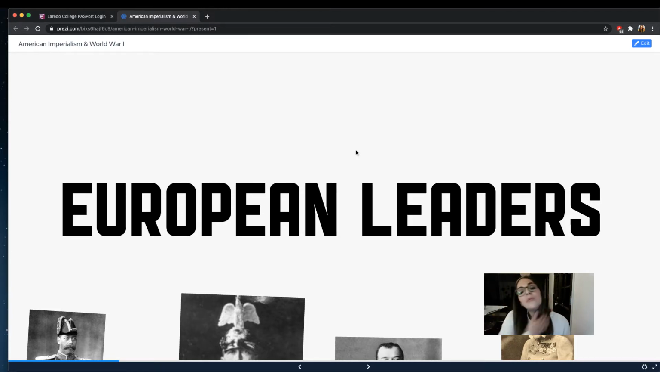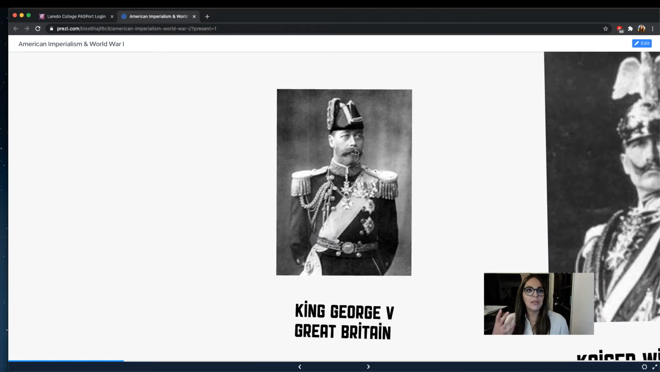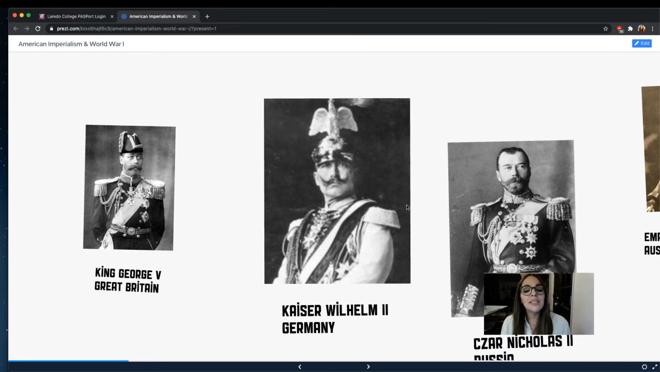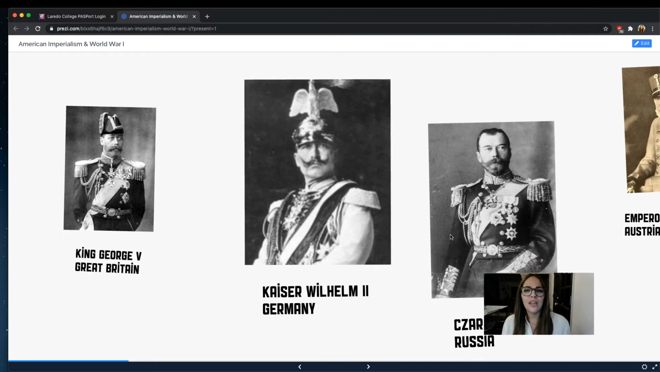Now let's look at some of the European leaders that we're going to be discussing, right? I just want you to be able to put a name or a face to the name, I guess is what I'm trying to say. This guy right here is King George V of Great Britain. This is Kaiser Wilhelm II of Germany. And Tsar Nicholas II of Russia. Now, look at something here, okay? Does anything strike you as odd about this pair? Well,